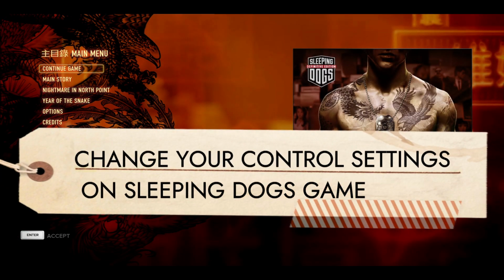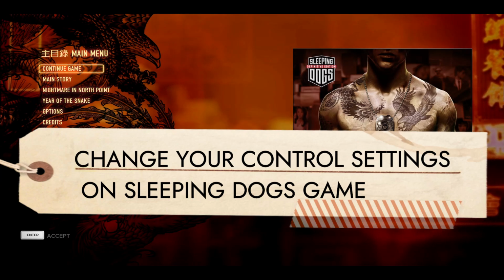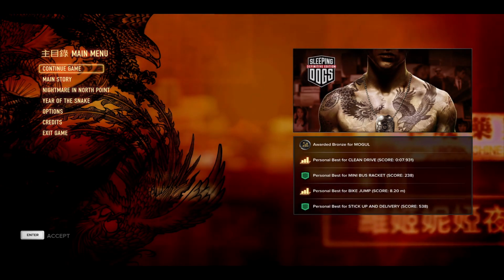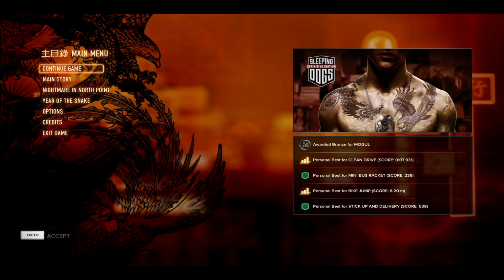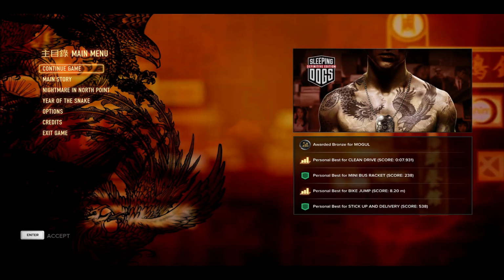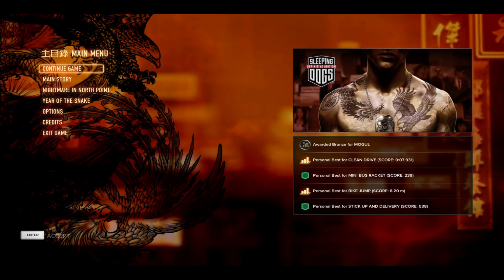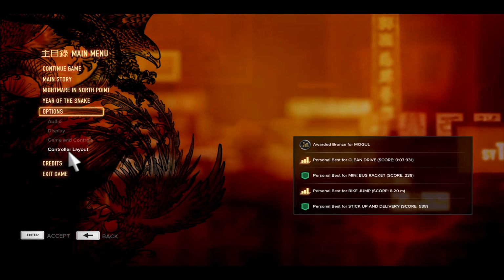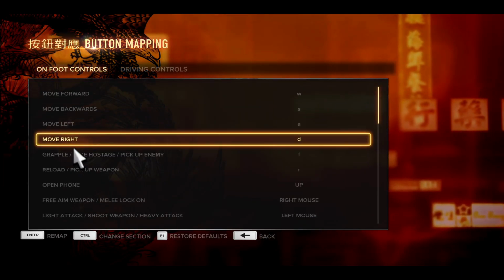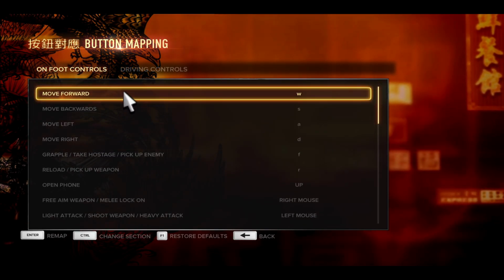In this video, I'm going to show you how you can change the control settings on the Sleeping Dogs Definitive Edition game. So let's get started right away. First of all, open up the Sleeping Dogs Definitive Edition game on your device, and once you are taken into the main menu, navigate to the Options page. From the Options, click on Controller Layout, and now you can redefine the controls based on which control you used